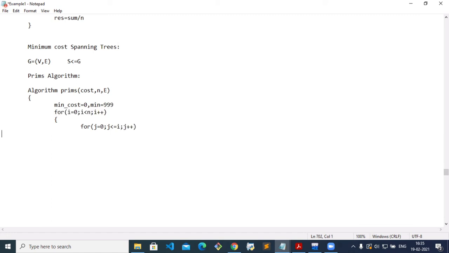Is anybody having doubt up to this point? Please let me know. Any doubt regarding these two steps? Why I have taken n here means we are going through all the vertices. Why I have taken i here means this is nothing but only the known part. Any doubts up to this point? Say yes or no.